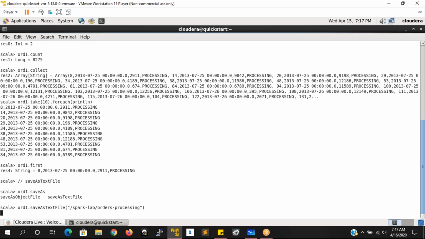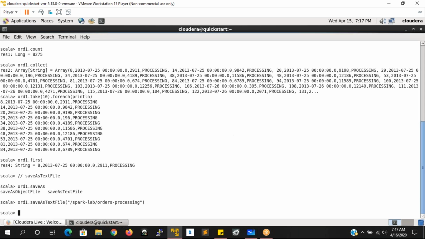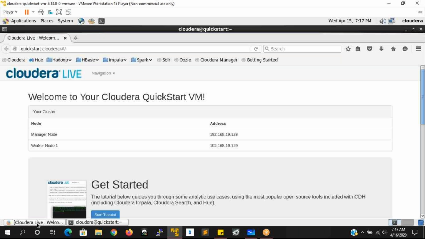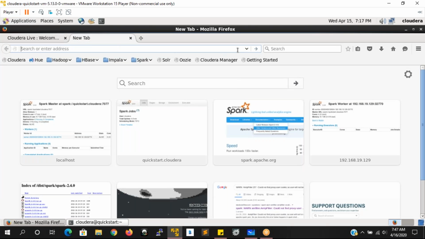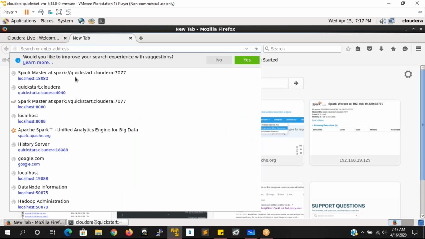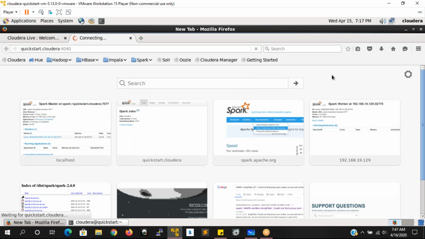action. Now let us see how exactly the data is getting stored. Okay, good. Now if you go and check the Spark jobs UI at 4040, because we have logged in with local mode only, 4040 is the port number.